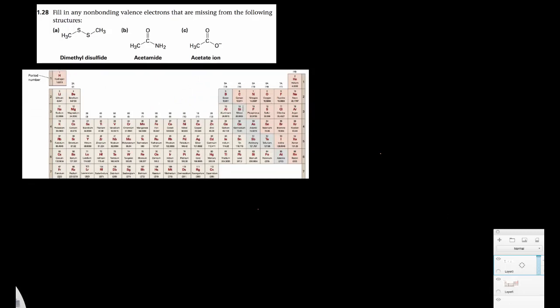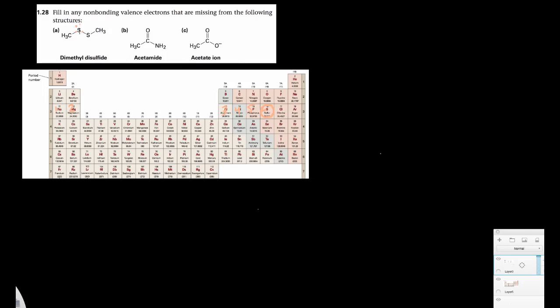So sulfur is where? Right here under oxygen. And so it has how many valence electrons? 1, 2, 3, 4, 5, 6, just like oxygen. And so we'll look at the 2 bonds here, 1, 2, and then it has 1 electron from each of those bonds. And so then we would put in,